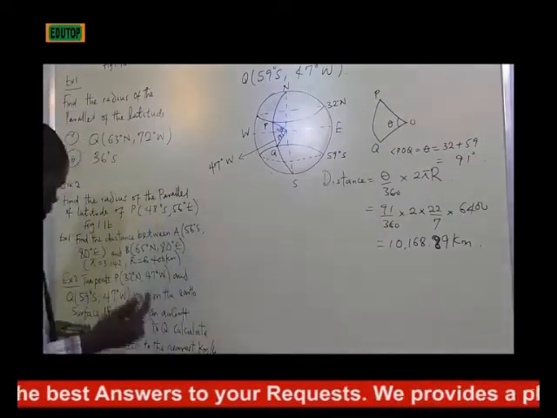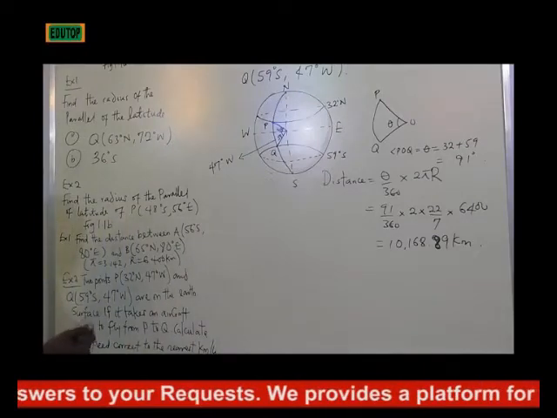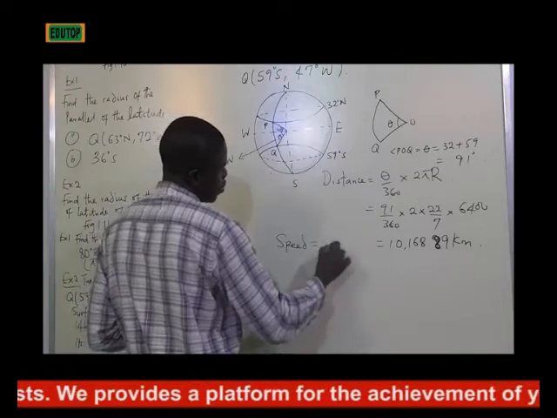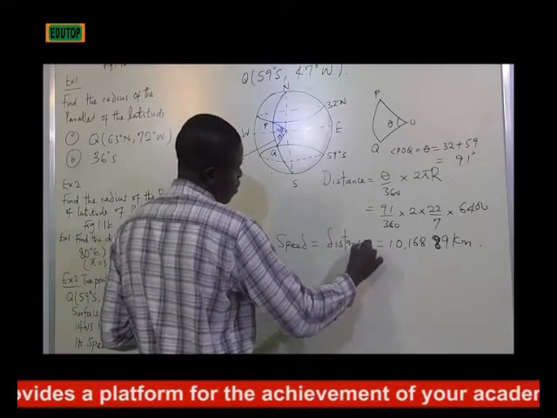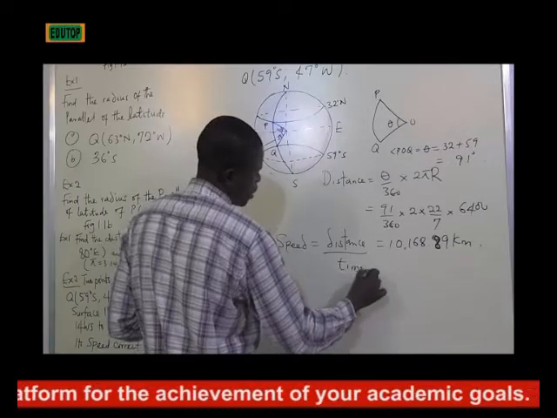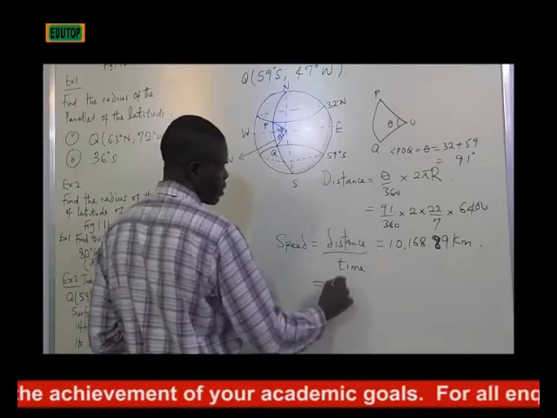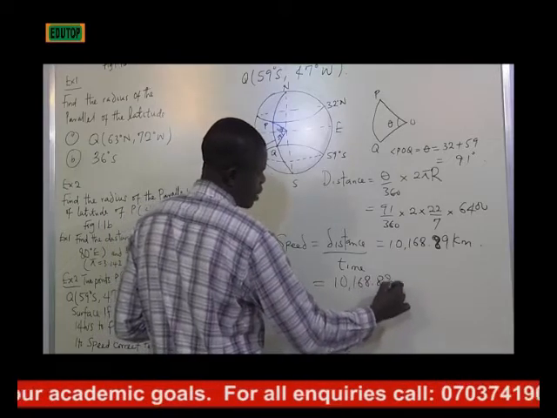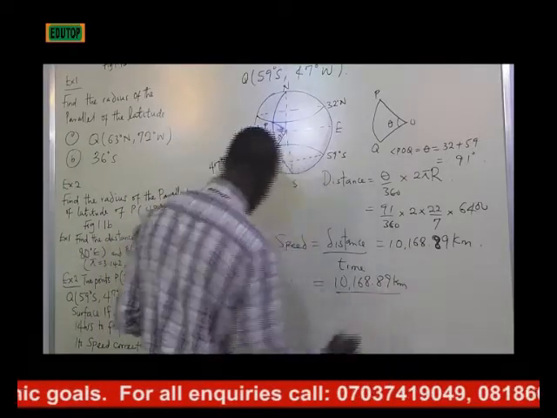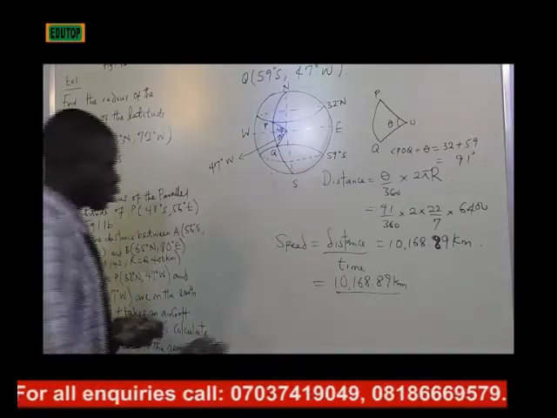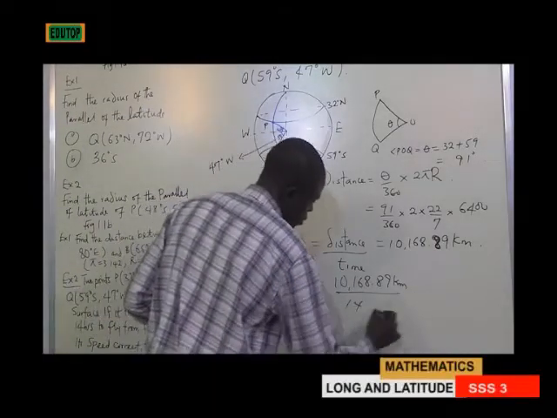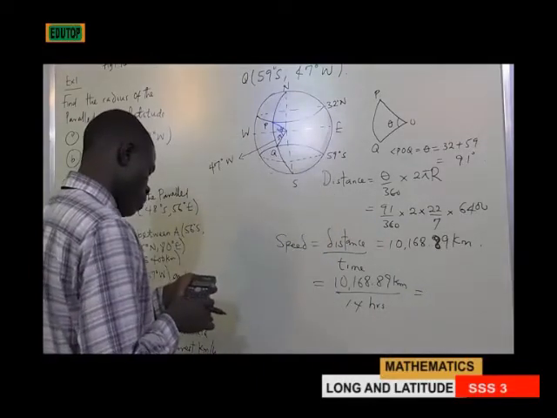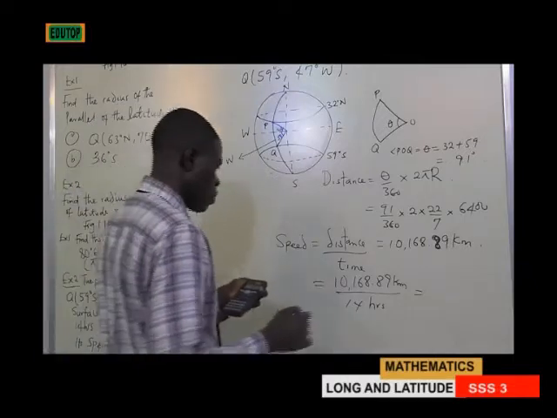The question never asked me to calculate distance. The question asked me to calculate the speed. And since I know that speed is equal to distance over time, and my distance is 10,168.89 kilometers, and the time that is given to me in the question is 14 hours, I can put 14 here in hours. So definitely I will divide by 14. Then that will give me